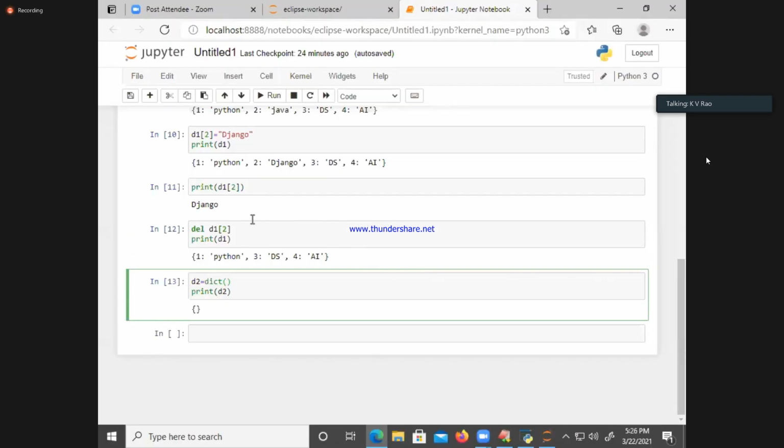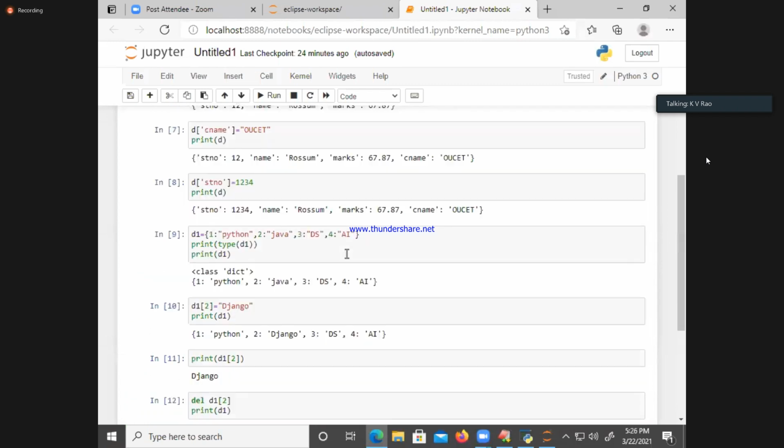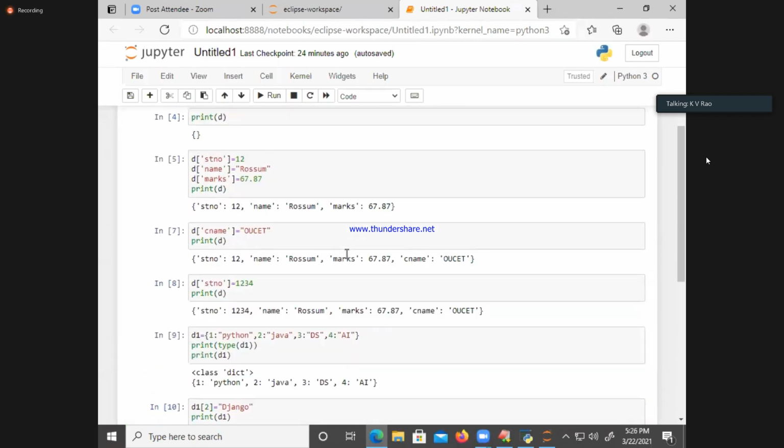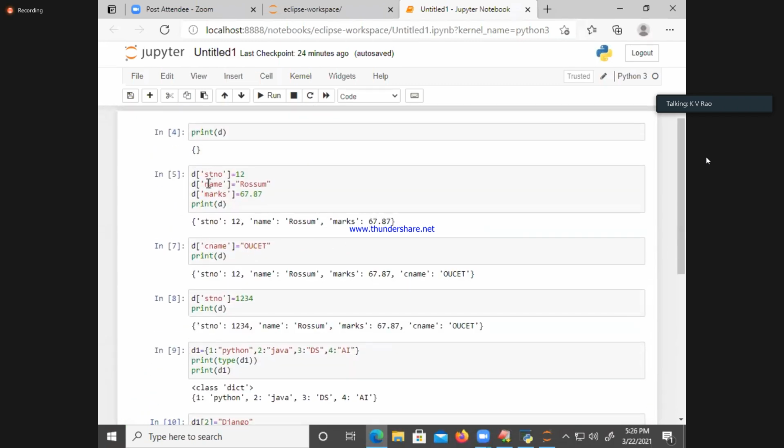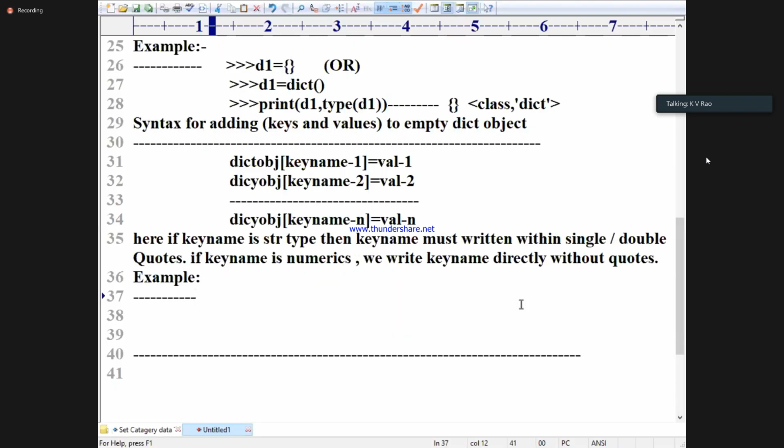Here I said, SNO, name and marks, three keys are there. How to append the data? D of name is equal to OUCET. Is it appended or not? Once you listen to the class carefully, no doubts will come.